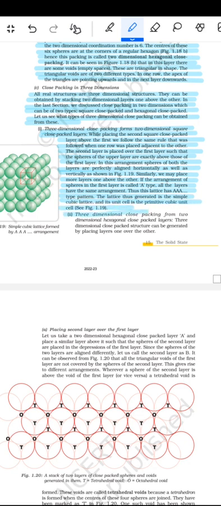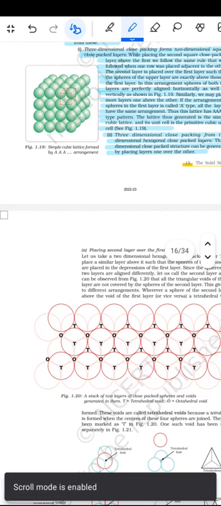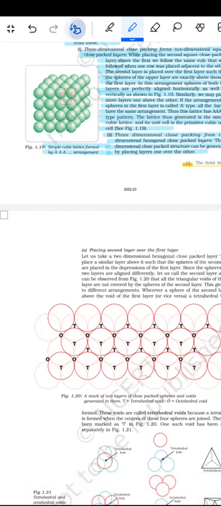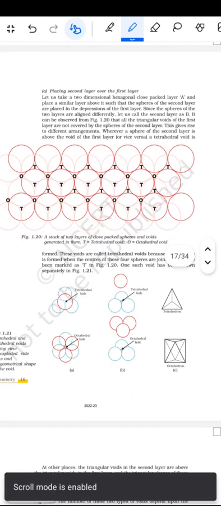Next, three-dimensional close packing from two-dimensional hexagonal close packed layers. Three-dimensional close packed structure can be generated by placing layers one above the other. The simple cubic lattice is formed by the A arrangement and placing the second layer over the first layer. Let us take a two-dimensional hexagonal close packed layer A and place